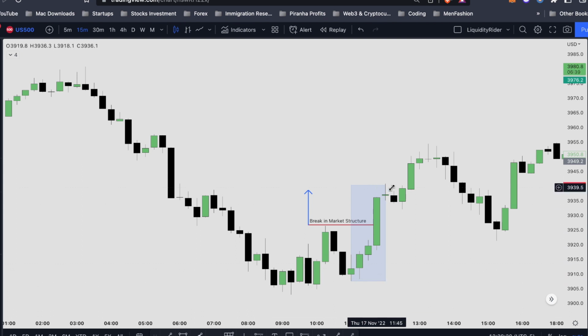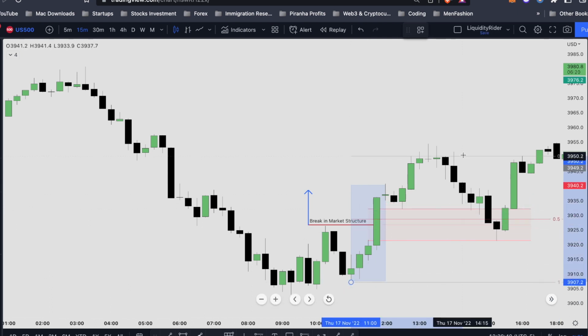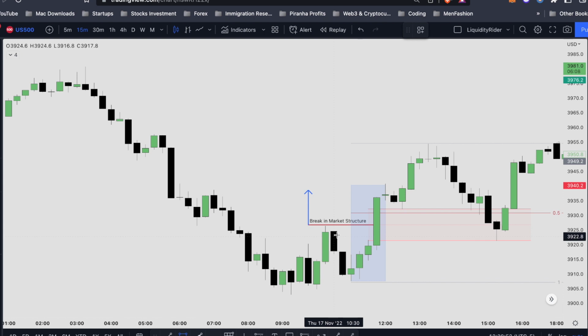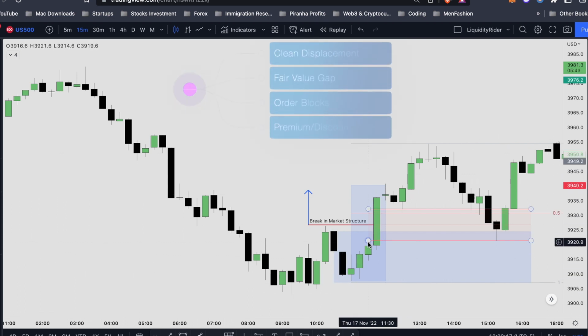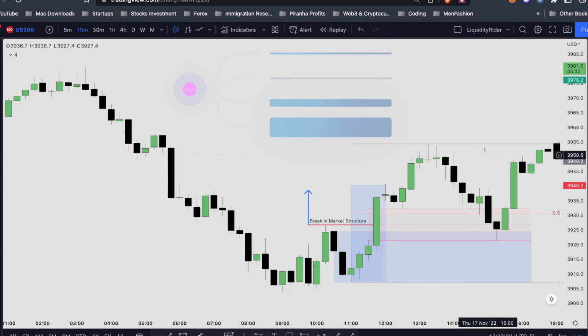The price just keeps on going up and it covers a large distance. The price action is very clean, very clear. There's no sloppy movement and we have our beautiful fair value gap. If we draw the fib, we can also see that the price has traded down to our discount level and below our 50%. And if you look very closely, we also have our bullish order block right over here. So this is a very high probability displacement, making it our A+ setup. Once we have our very beautiful high probability displacement, we want to look for our fair value gap or bullish order block, and even our dealing range. Are we in discount? Are we in premium? In this setup, all the confluence add up together, making this a very high probability trade.